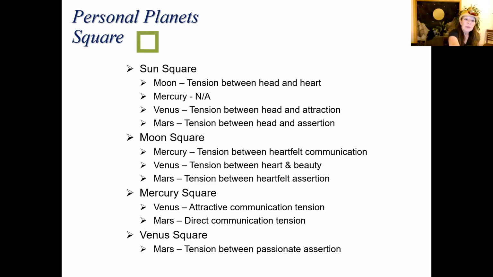So it's that. Now, the moon squares are really difficult because the moon is very liquid and the moon likes to just not be squared to anything. But when the moon squares Mercury, there's tension between how much should I say? I know what I want to say, but how do I say it? When the moon squares Venus, I know what I want to do.